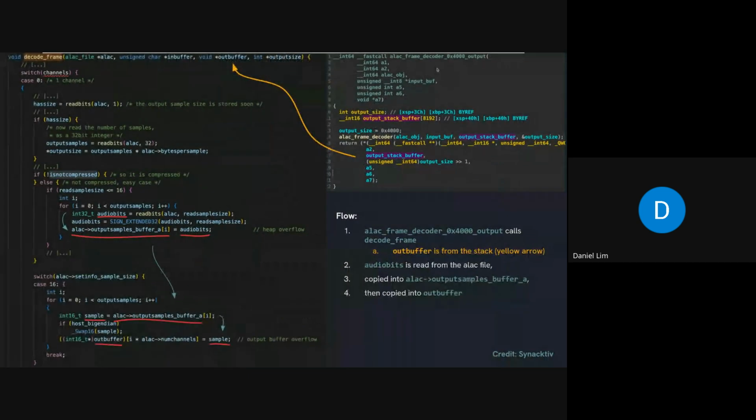So the flow is like this. This function calls decode frame. Then this decode frame is GPL code. It is code taken from some library, I think FFmpeg. So they take from FFmpeg, and because it's from FFmpeg, they just look at the FFmpeg source code. This one is the source code, and this one is from IDA. So you see,